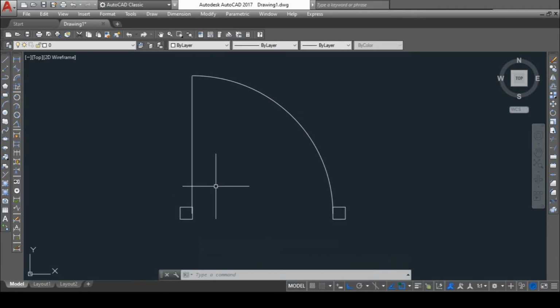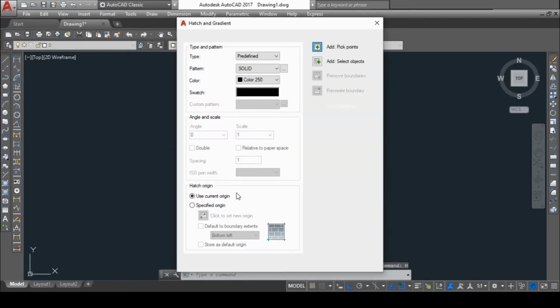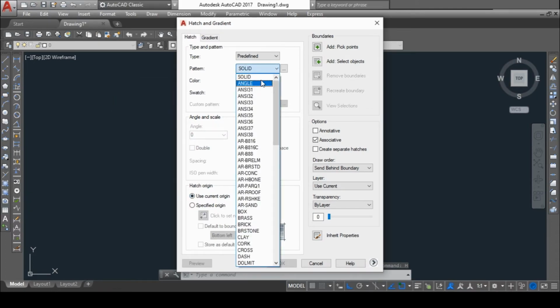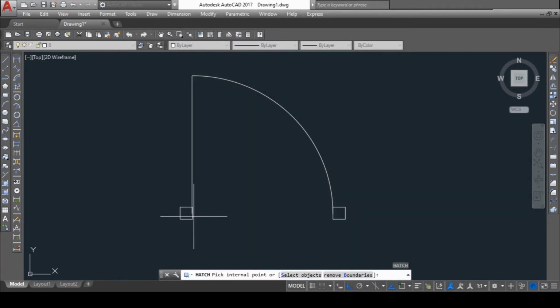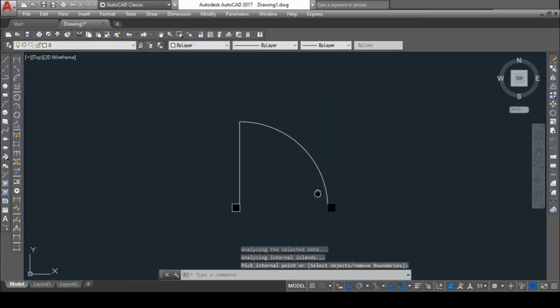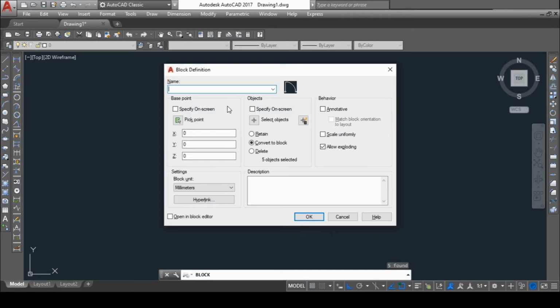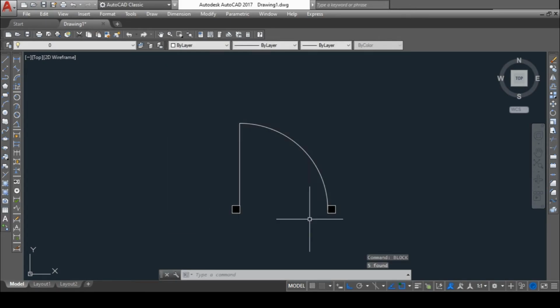Now use hatch command and use the pattern as solid and color as you require, and then click here, that is add pick points. Click inside these boxes and then press enter twice. Now select this object and use block command and give it a name as T1, that is door 1, and press OK. Now you can see we have made a door